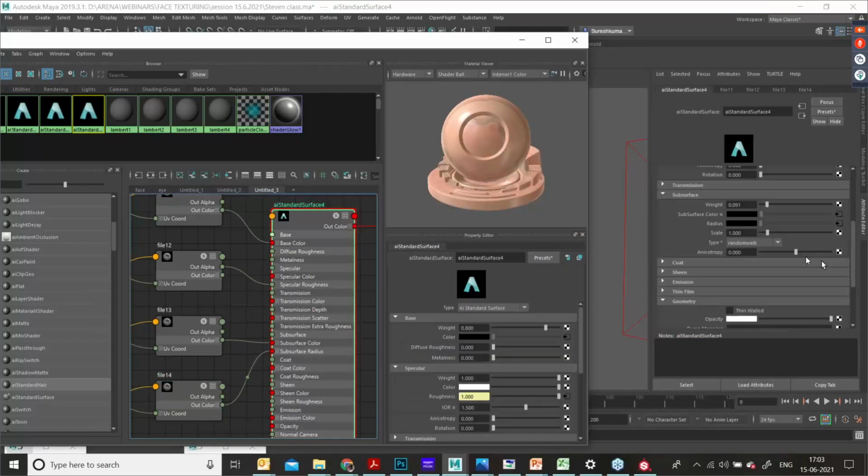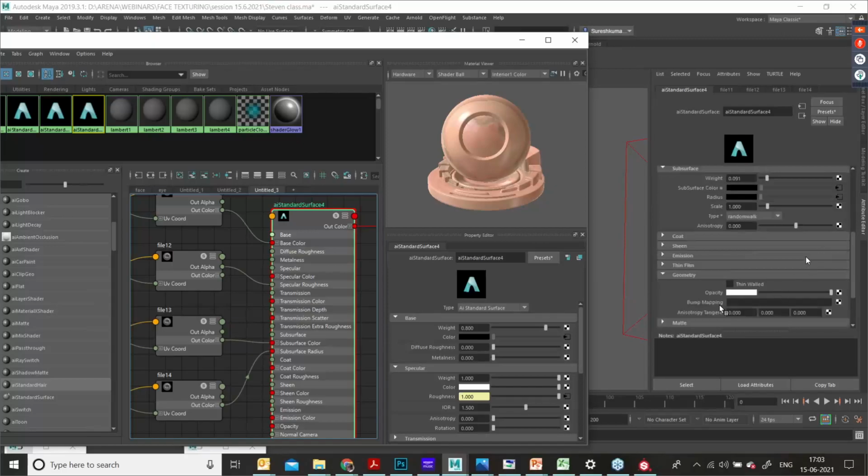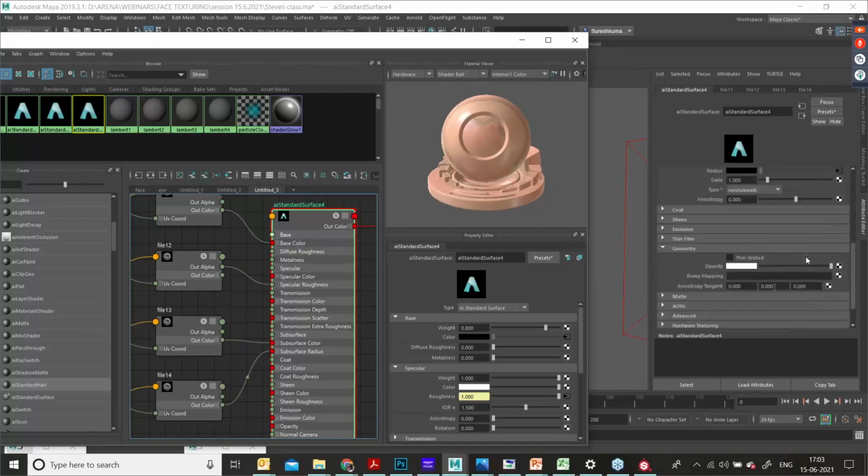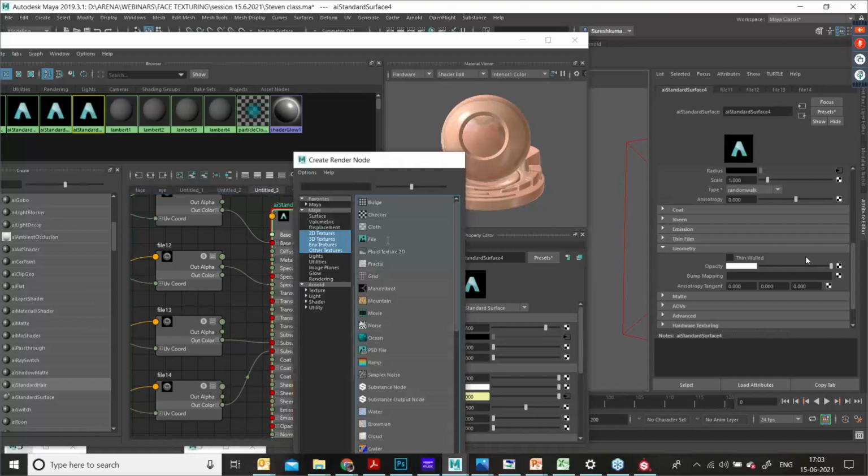So you can just go down. What is pending with us? The bump mapping is pending. You can just go to bump mapping in geometry. Click on this button, the checker button. Load the